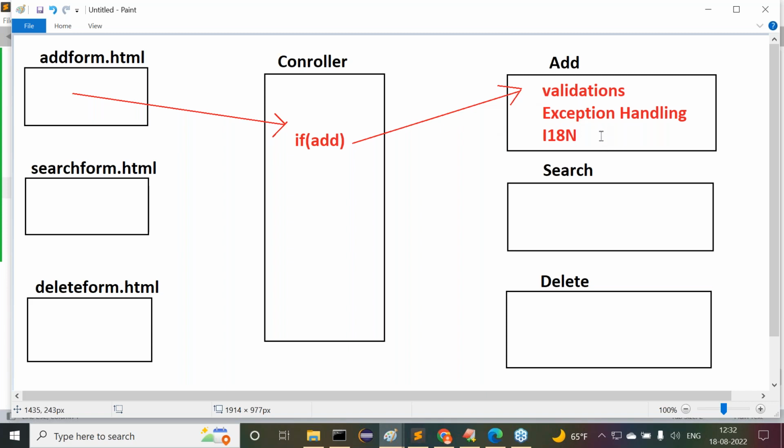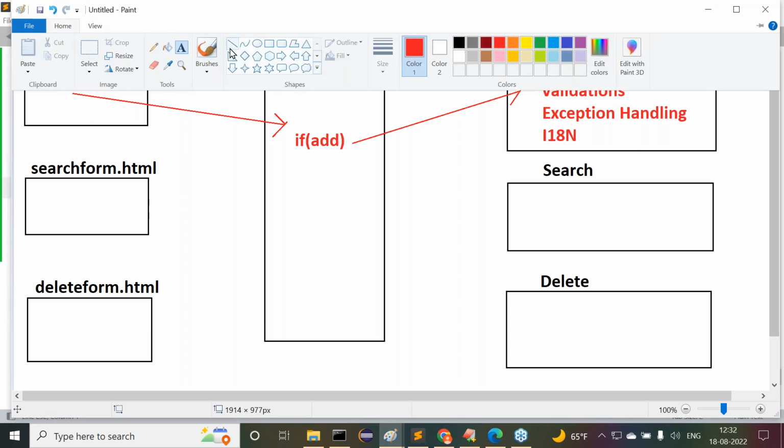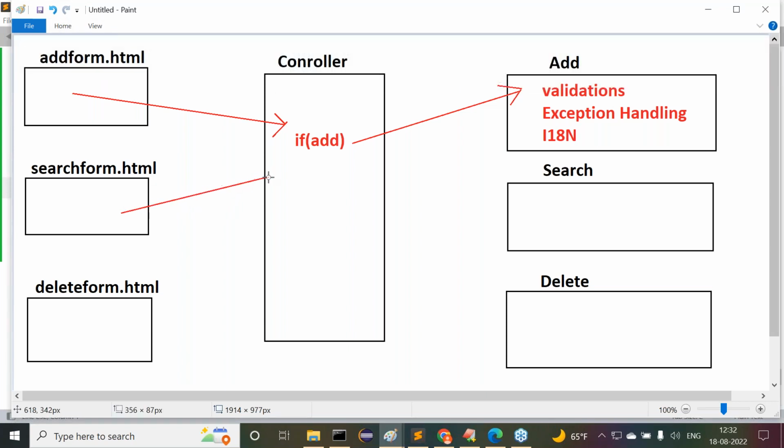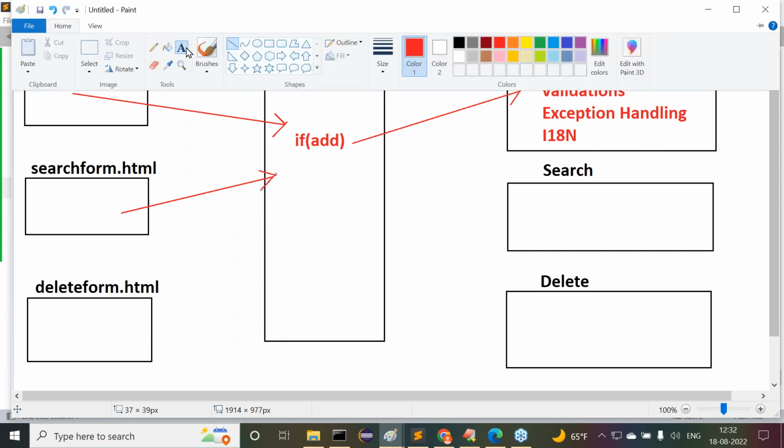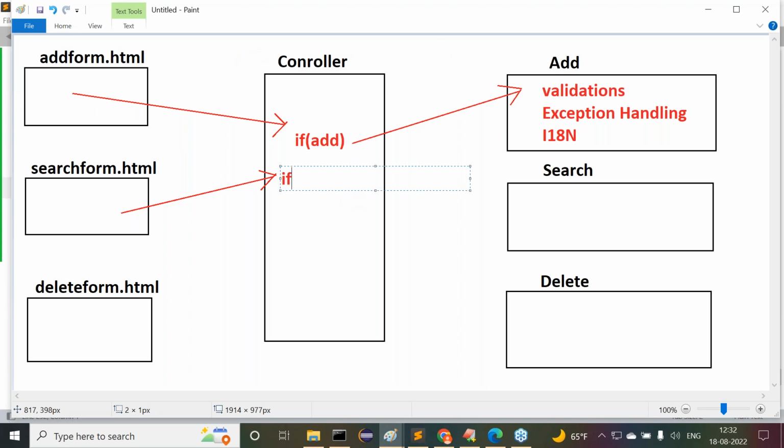By performing this, some business logic is also executed. Then automatically we are able to get some content clearly. Okay, fine. For example, if the request is coming from search form dot HTML, there also you are able to understand. If the request is for search,